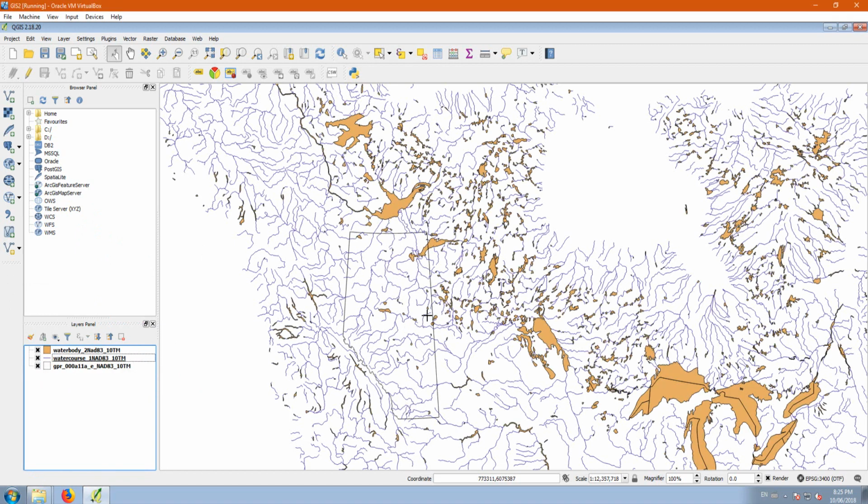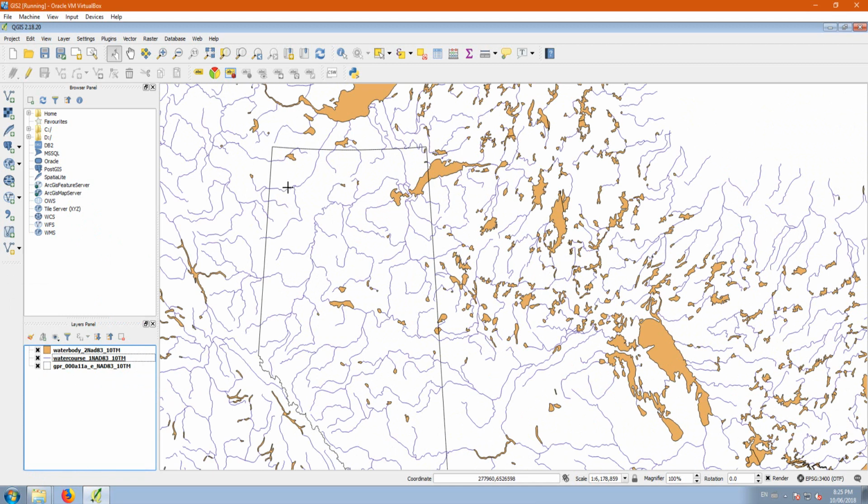Now we want to cut all these lakes and rivers just for the province of Alberta. To do that, we have to first install a plugin. That's very important, because when you click here, as you can see, there are no options. That one is going to be Geoprocessing. Then go to manage